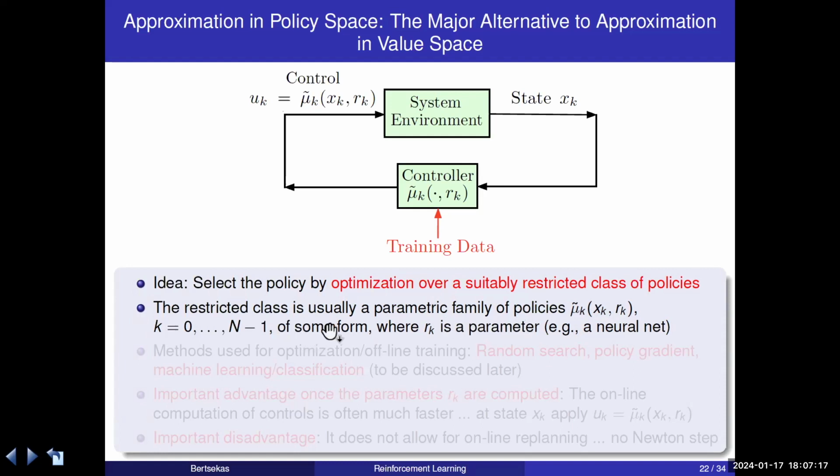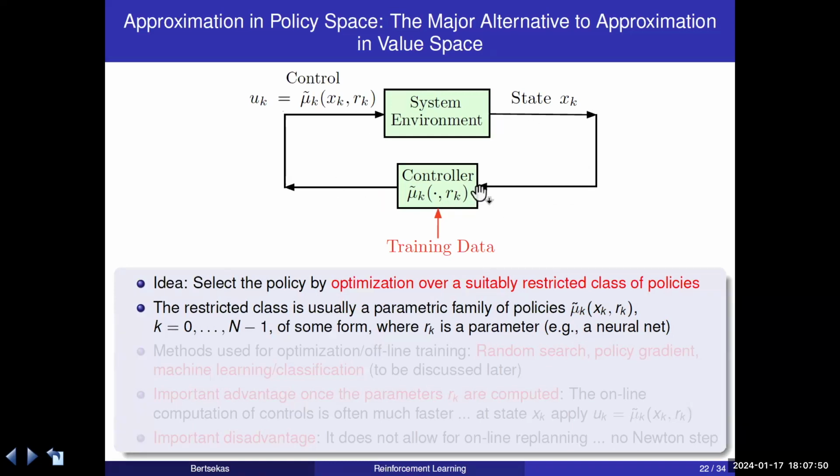So we look at a parametric family of some form, like, for example, the one provided by a neural network. R here in that context is a set of weights of the neural network. So for a given parameter, this controller goes into this feedback loop, observes the state, generates controls, and the system keeps going. So if you select a parameter, you select the controller, and therefore there is a cost function that's